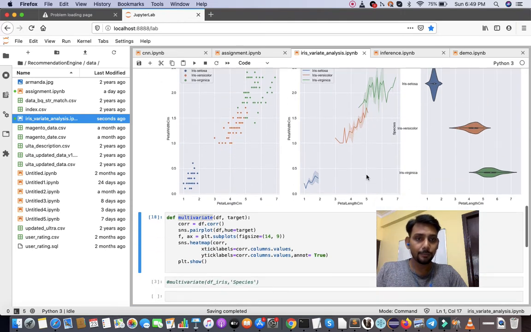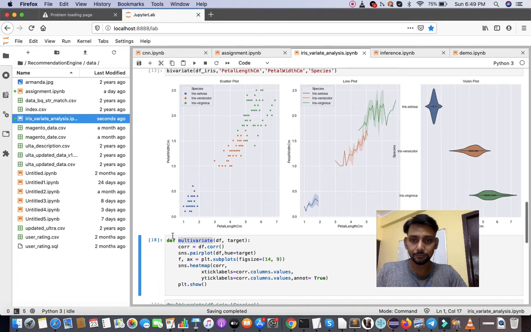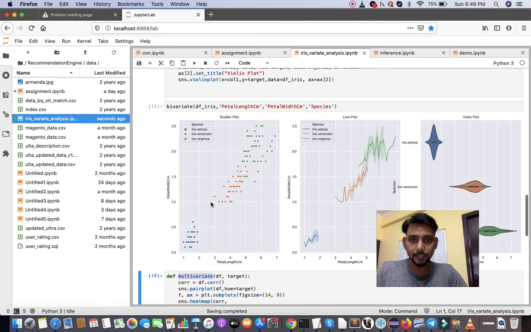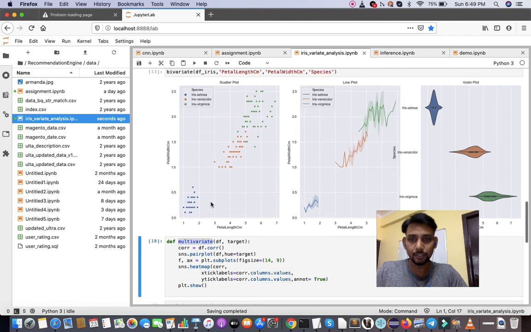Again, the lowest value is around 1 point something or 0.6 for Iris setosa. The maximum looks like around 1.5 and 0.4. So these are the points.